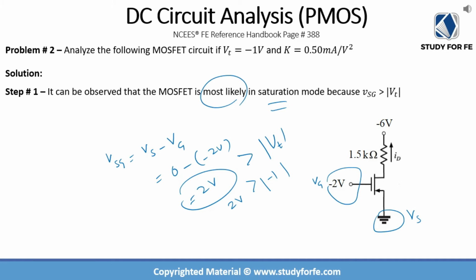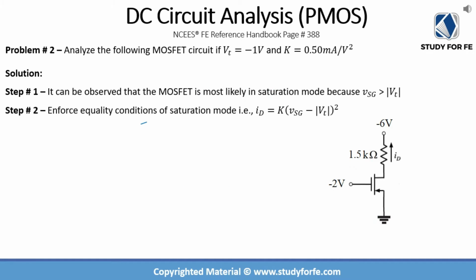I'm saying most likely because we can be in triode as well, but this is, as I explained earlier, if we can rule out cutoff, it's always a good idea to assume saturation, because analyzing the circuit for saturation is much easier. And if you're not in saturation, then obviously you are in triode. Now we have to enforce an equality condition. So the equality condition for the saturation mode is this: ID is equal to K times (VSG minus VT) whole